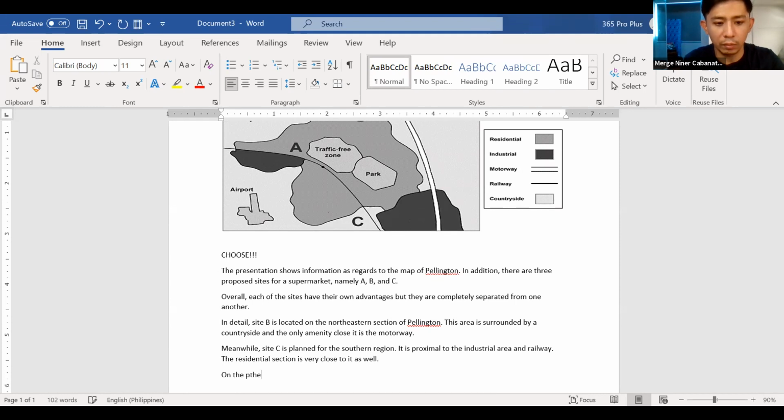On the other hand, site A is the most convenient of all the proposed supermarkets. This is due to its closeness to the industrial